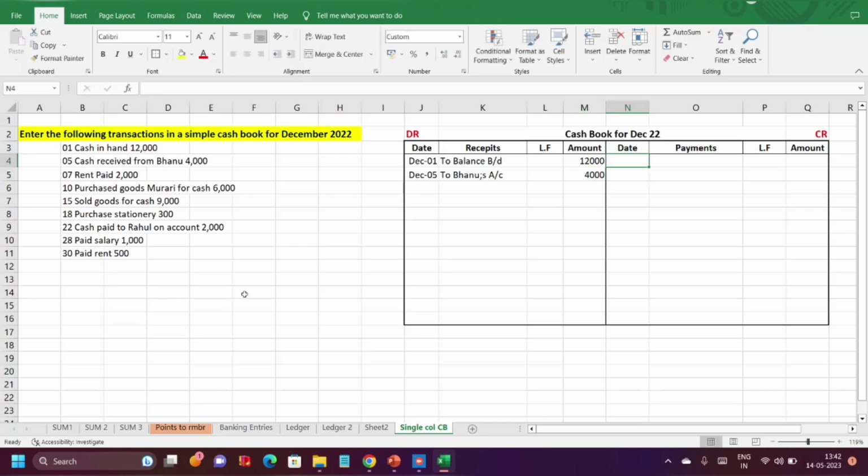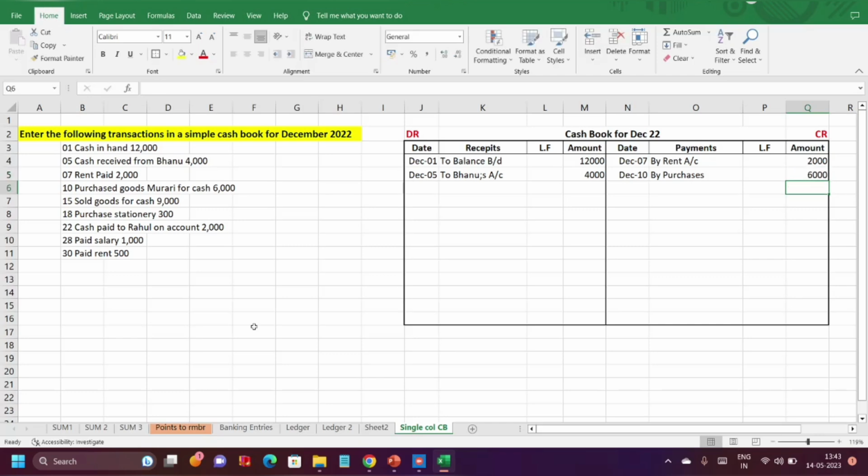Paid rent on December 7, by rent account 2,000. Purchased goods from Murari for cash 6,000, December 10, by purchases